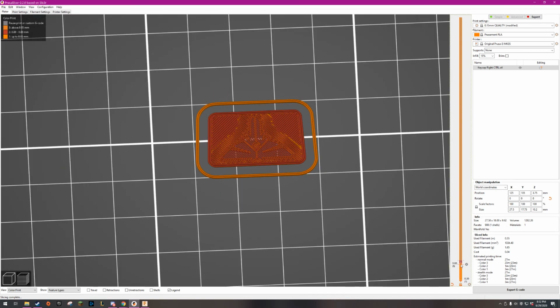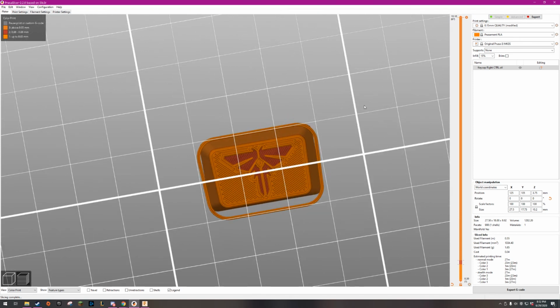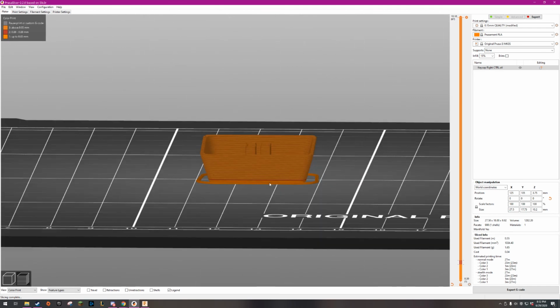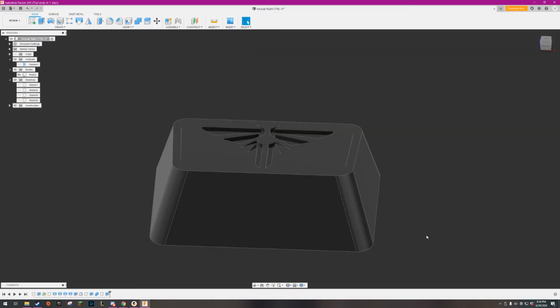And all I did was add this one layer of different color in between the logo itself and the rest of the keycap. And that will color the inside of the Firefly and not much else. And you will get a little bit of an outline on the side of the keycap here, but that's not really a problem for me, so I just didn't bother doing anything about it. I printed the keycap on the smooth PEI sheet so that it will get a nice finish naturally on the first layer. So yeah, this is my attempt at making a